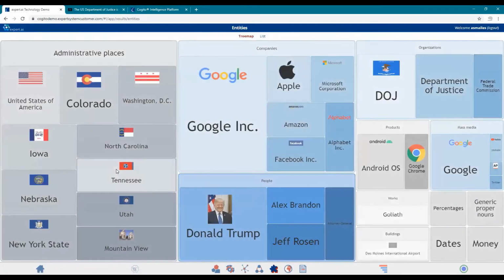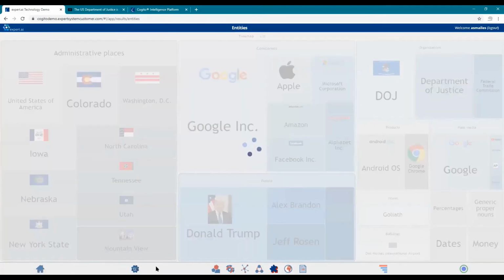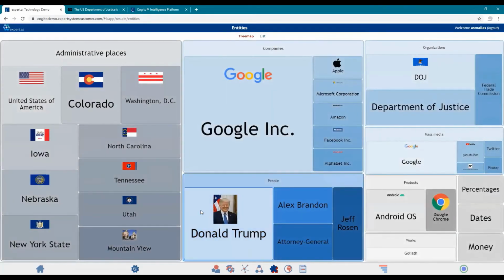Of course, what it also does is extract all the administrative places. So if you think about what I was talking about beforehand, if we use Wikipedia as the master data source that you build, Donald Trump was already there, but anyway, you can see the flags and a picture of Donald Trump and the logo for the Department of Justice have been brought in from a master data source, which in this case is Wikipedia. So you can integrate the data.